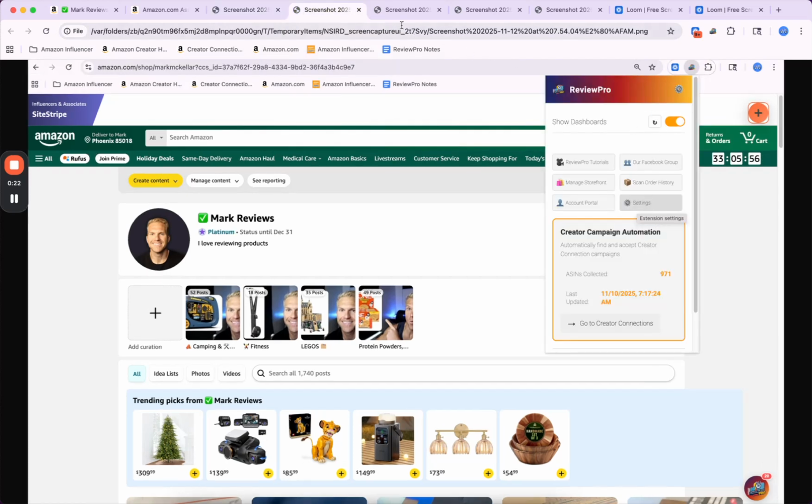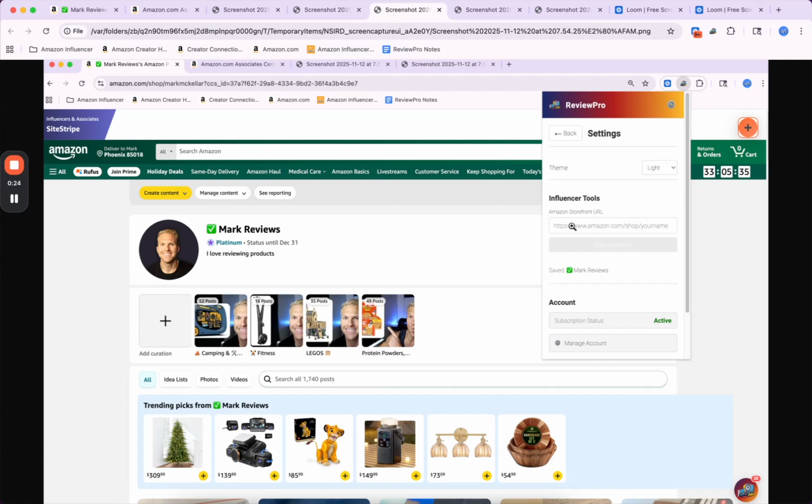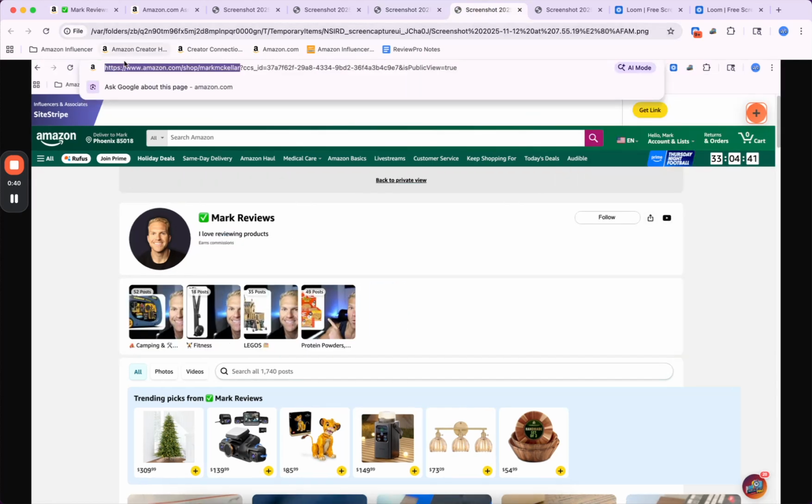You're going to click settings and then you're going to need to copy and paste your Amazon storefront URL. Now, to get this, it needs to look like this URL right here. www.amazon.com/shop/your name, your username that you initially created. So what I used is, if you see here on the top left where the URL is, I want to